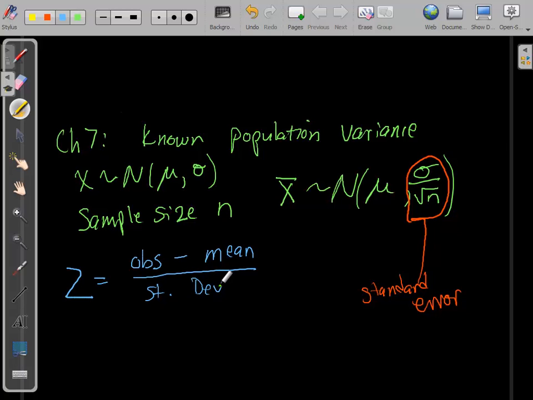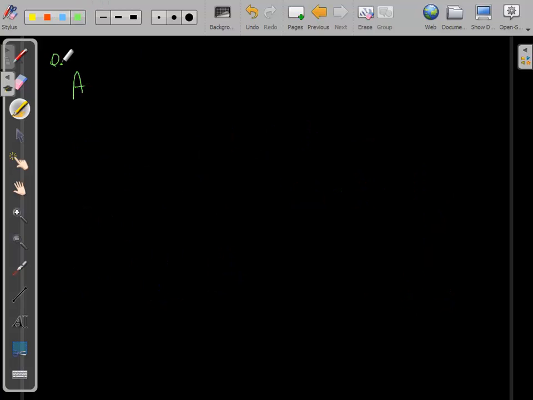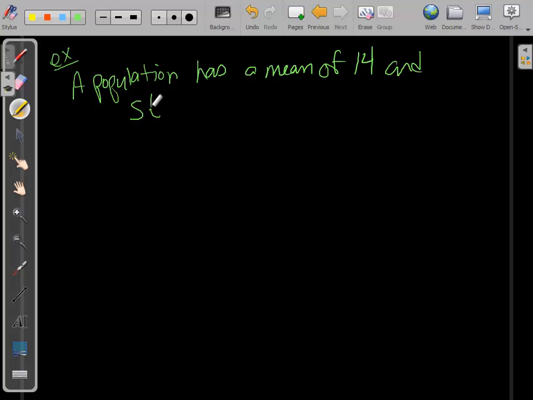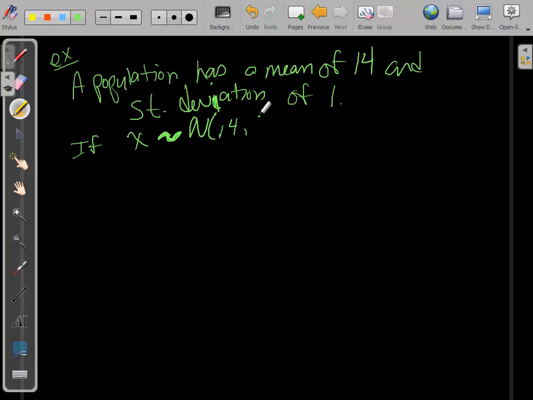Alright, so let's look at an example. If we had a population, here's our example, that has a mean of 14 and standard deviation of 1, and we know that x is distributed normally, so in other words mean of 14, standard deviation of 1, suppose we draw